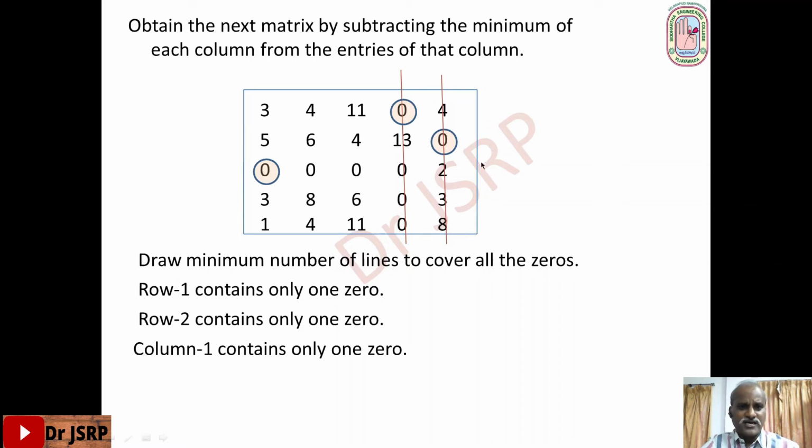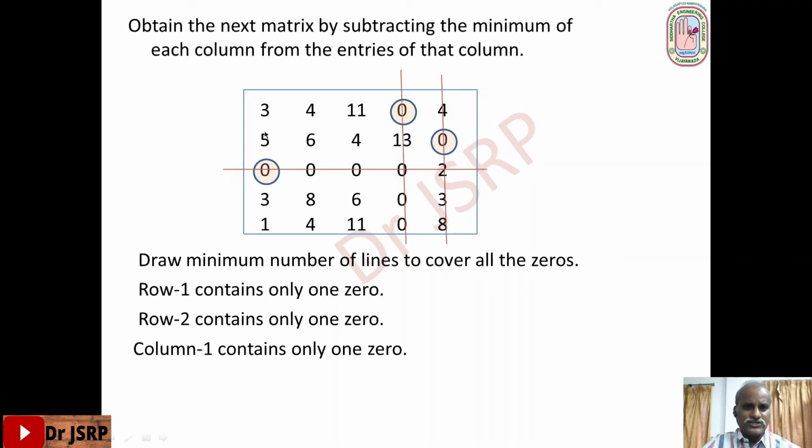So that means draw horizontal line. This horizontal line meaning is first person is fixed to third job. That is third job is fixed to first person. So that means cross off third job. That is cross off row 3. So draw horizontal line. So that is the meaning of this horizontal line. Next, come to second column. There is no zero. Third column, there is no zero. Okay. Observe. So all zeros are covered by lines.